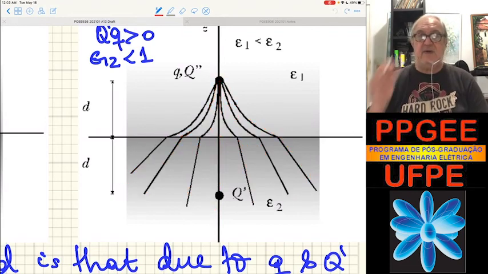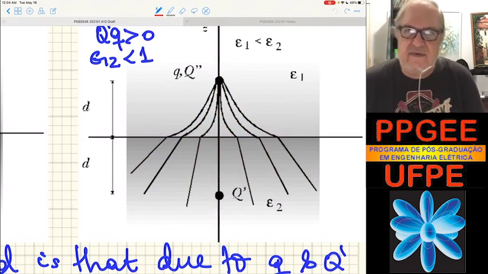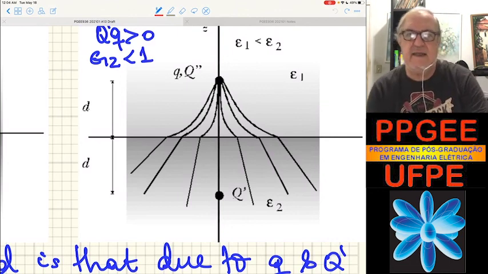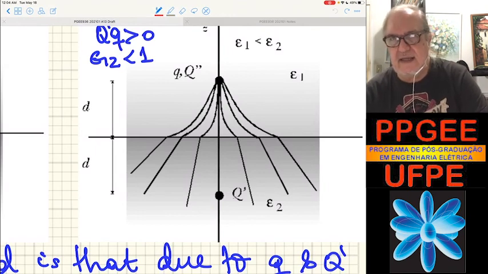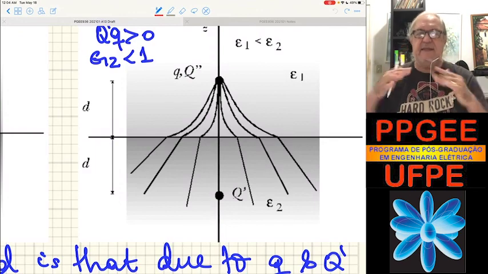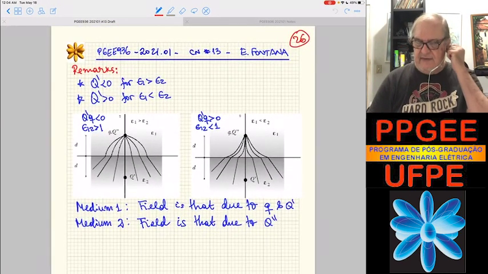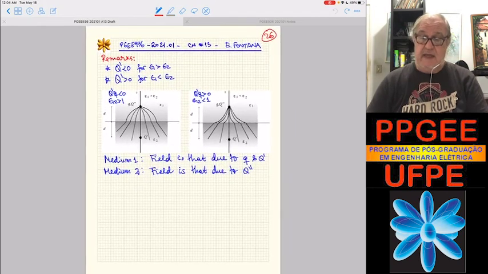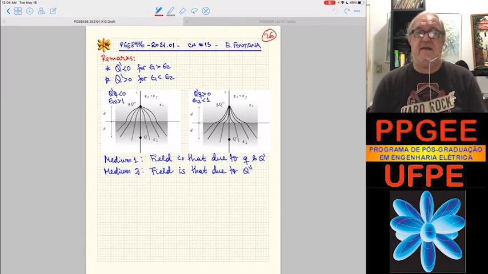So this is a nice illustration of solving the problem of a point charge embedded in one dielectric next to another dielectric, and how the field lines bend depending on the relative size of those dielectric materials. Okay, permittivity, in fact. So I think we close here with this illustration,